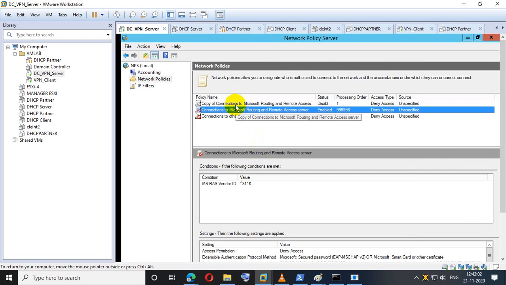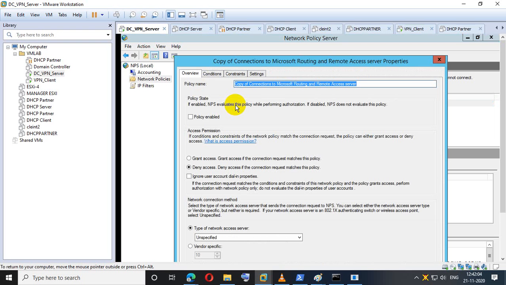In this duplicate policy, you just click on there and click on policy enabled. First you have to do policy enabled and grant access, because we have a challenge: if users want to connect through the VPN, they must be allowed access in the DC, then only they will be able to connect.